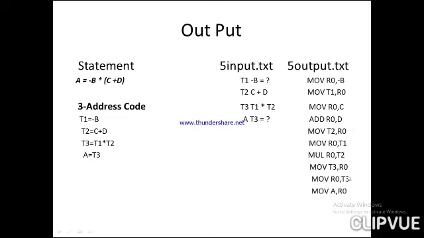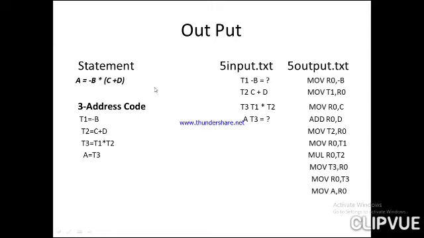You can observe one more thing here. We have repeated 2 statements. Can you observe here? R0, whatever is there, I am moving on to T3. Again, whatever is there in T3, I am moving on to R0. Then why are these 2 instructions required? Not required. Directly after multiplying R0 and T2, whatever is there in R0, I can move on to A. Correct or not? These 2 are the extra statements we are getting. What is the necessity of this repeated instruction? You may get a question on this.